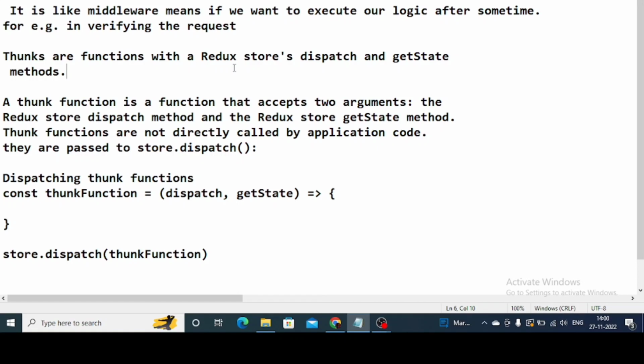Okay, and how it is executed, how it is created, that is the first question you would be thinking. So thunks are the functions with Redux store's dispatch and getState methods. Redux store हमने प्रीवियस वीडियो मैंने बना रखी है, तो आप मेरे चैनल में जाके देख सकते हैं। डिस्पैच होता क्या है? डिस्पैच यानी कि आप कोई एक्शन अगर डिस्पैच कर रहे हैं, यानी कि एक एक्शन जो कि एक लॉजिक परफॉर्म कर रहा है, एक टास्क परफॉर्म कर रहा है, तो